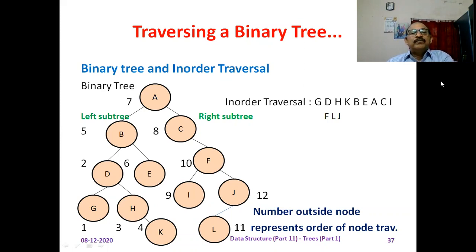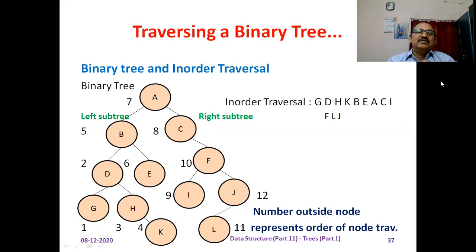Next, in order traversal of the right subtree of node B. Means at this time, what is the root node? You can say E. Okay, and what is the left subtree of E? You can say null. So next step, E is printed on the screen. What is the right subtree? Null. Control goes to the next suspended activity, you can say the processing of root node A. Okay, so A is printed on the screen.